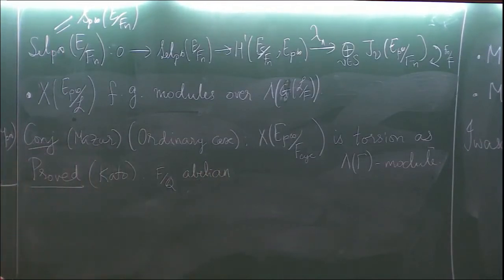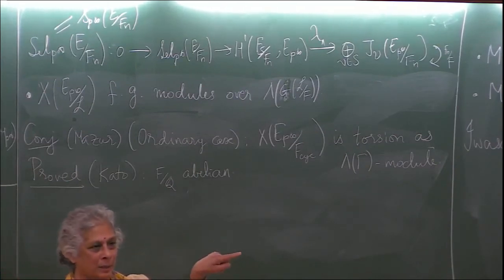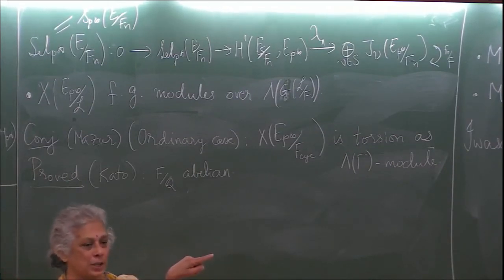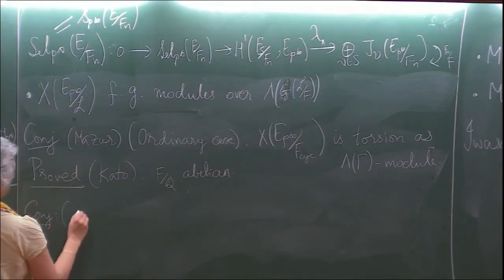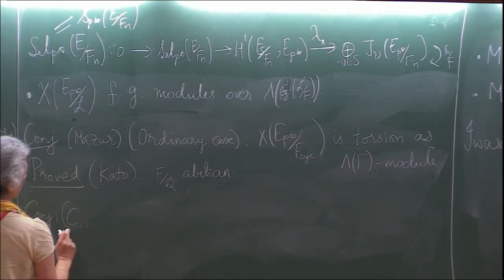And in fact, it comes up in the proof of the main conjecture. I forgot to mention that, but why is the fine Selmer interesting? Because the fine Selmer shows up in the main conjecture. Okay. So now this was a conjecture that Coates and I formulated